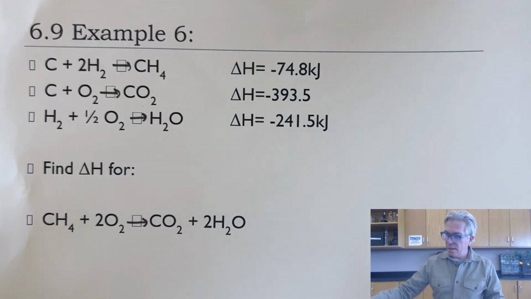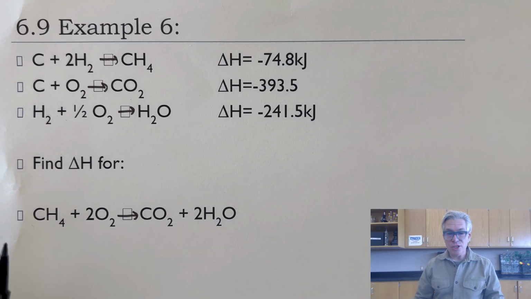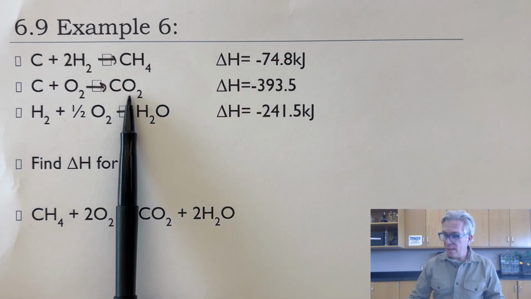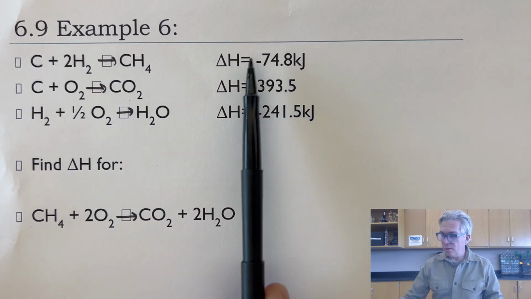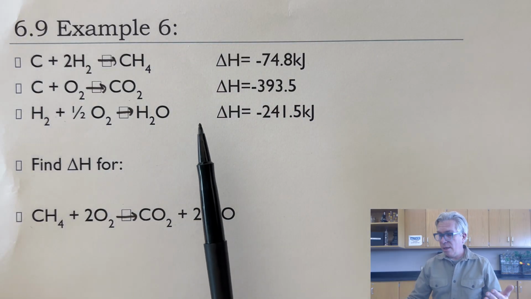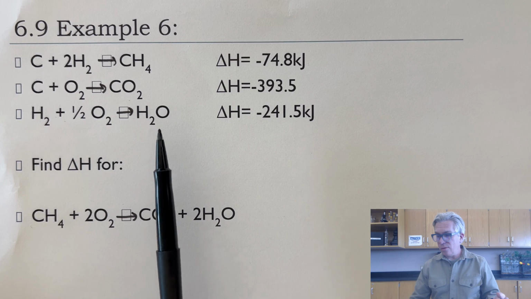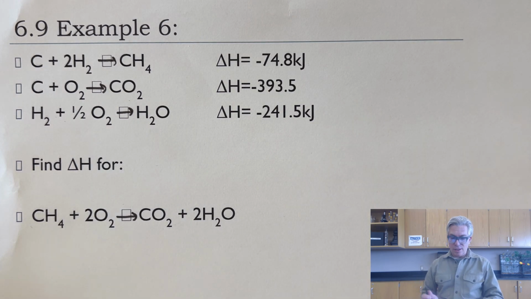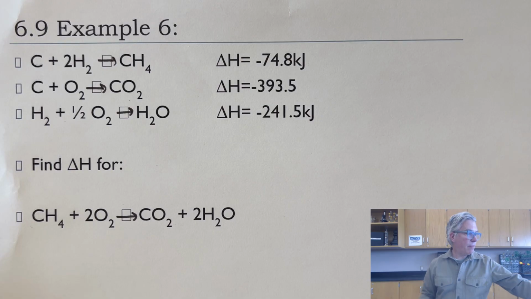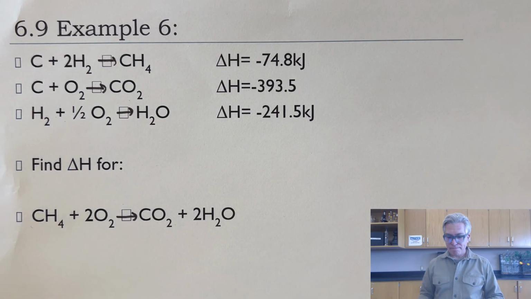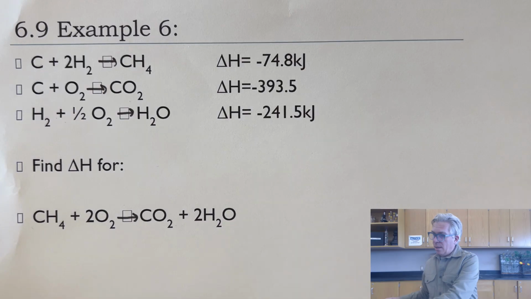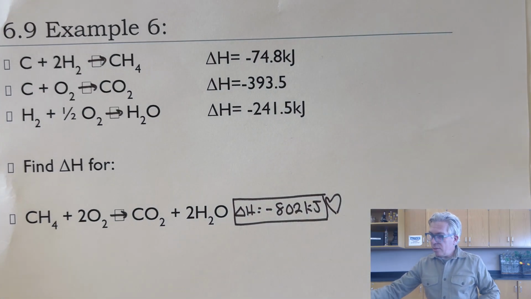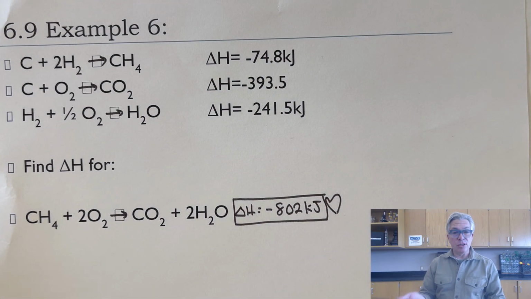And one last pause the video moment using some enthalpies of formation. These elements making these compounds, those are enthalpies of formation right off the chart. But in this form, we could still do the thing where we can reverse and multiply. Take a moment and see if you can get the correct answer on this one to finish it off. And if you got negative 802 kilojoules by doing that, which matches the previous example from this video, then congratulations,